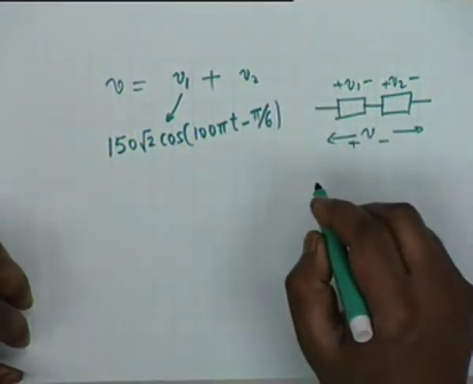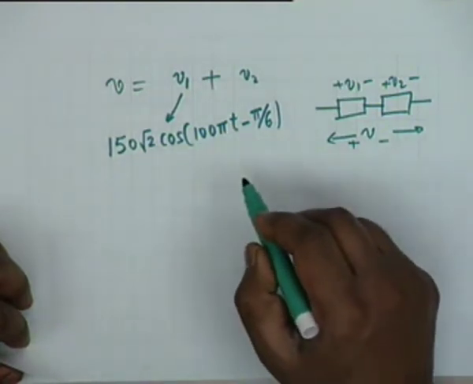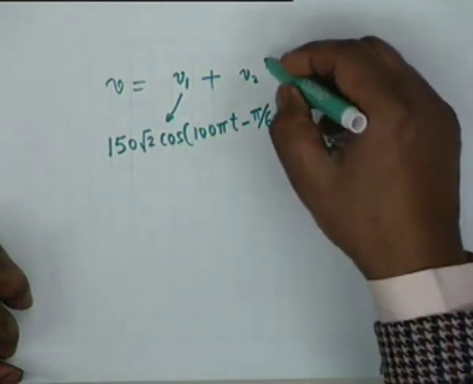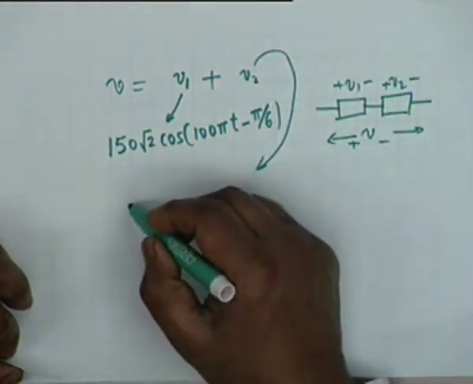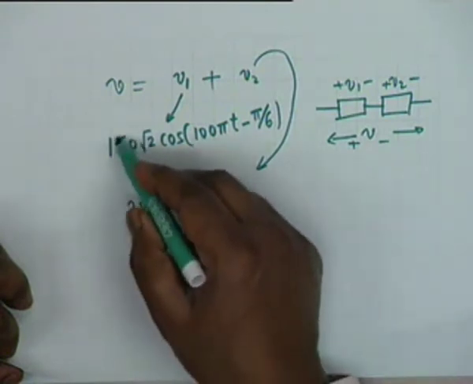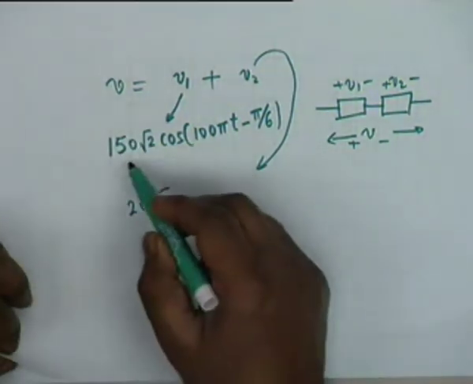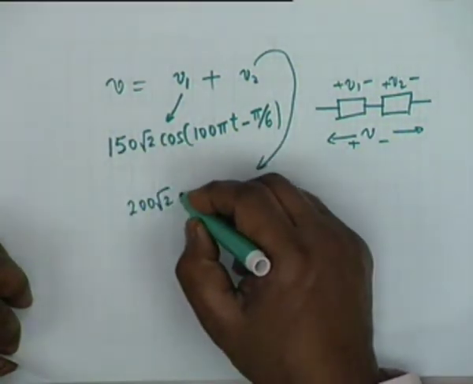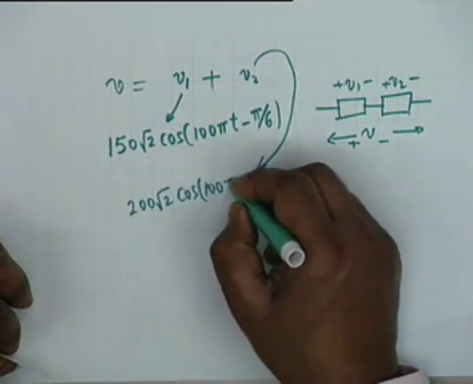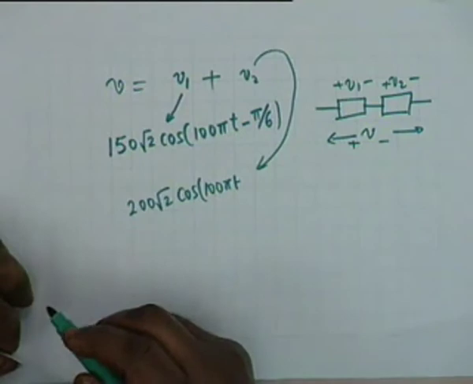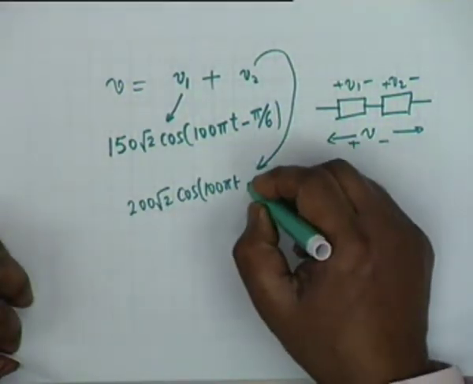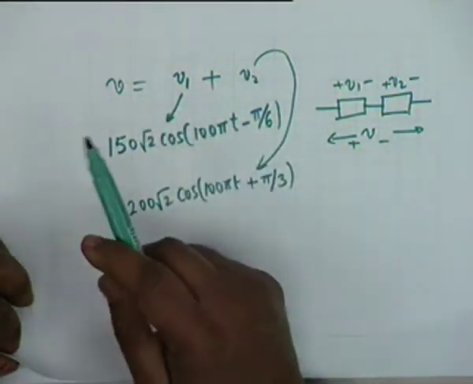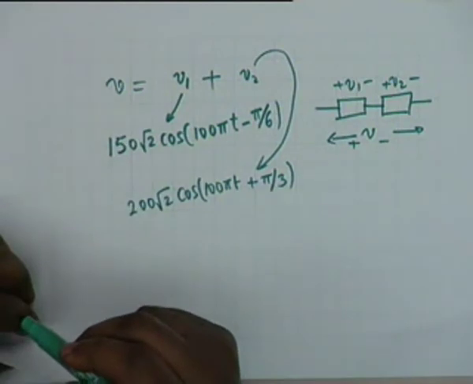Suppose V1 is this. You can see that it is a 50 Hertz sine wave, twice pi f is 100 pi, that's why 100 pi t. And suppose V2 is, let's say, 200 root 2. I am showing the RMS quantity specifically. This is the peak value divided by root 2, which is the root mean squared value. Let's say this is cosine of 100 pi t. You must remember these frequencies must be the same. Omega must be the same throughout. Alright. Let's say this is plus pi by 3. And I want to find out V in terms of a single sine.